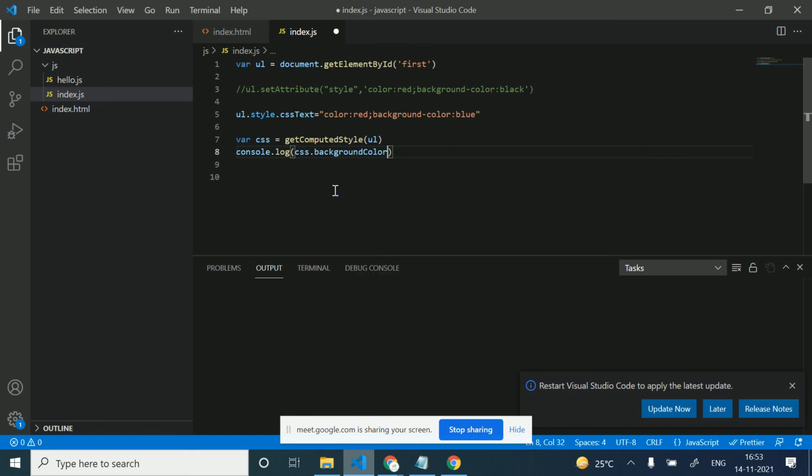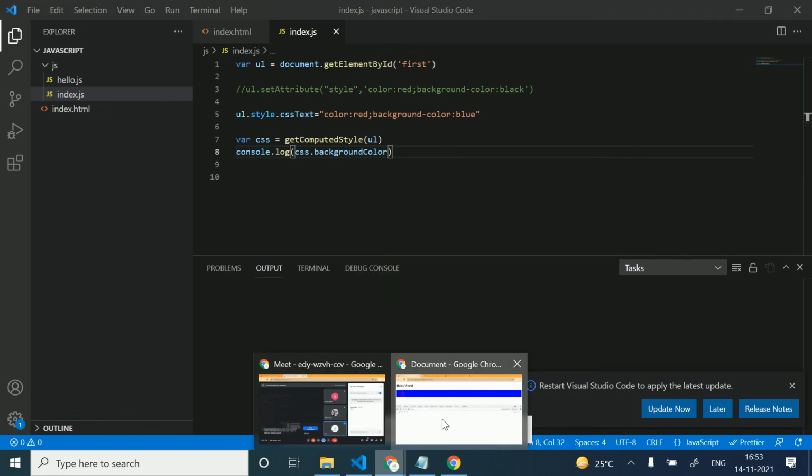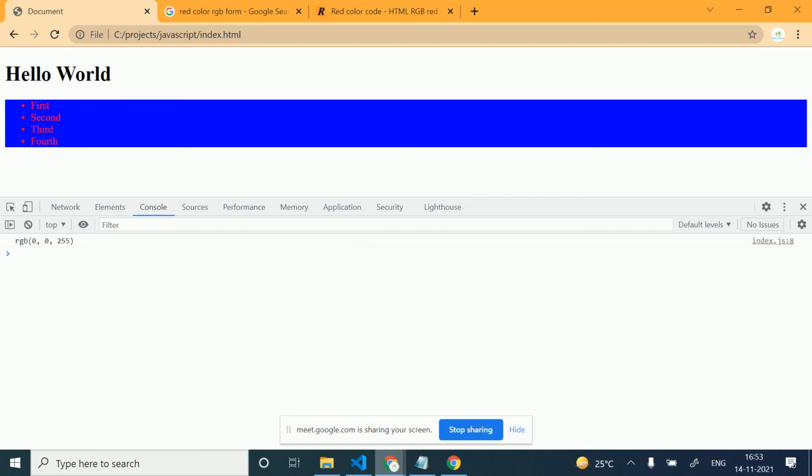Background color. Okay, now you can check that this is the blue. Okay,